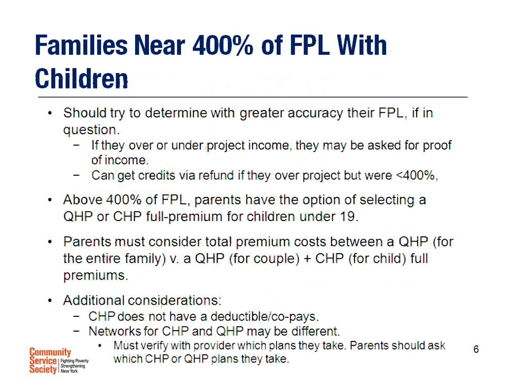Big consideration, again, is looking at those families who are potentially above the 400%, at which point they can select a QHP or Child Health Plus for their kids. They want to look at what it would cost for a QHP for the entire family versus the cost for a couples plan plus any premium, potentially full premium if they're over 400, for CHIP. So,